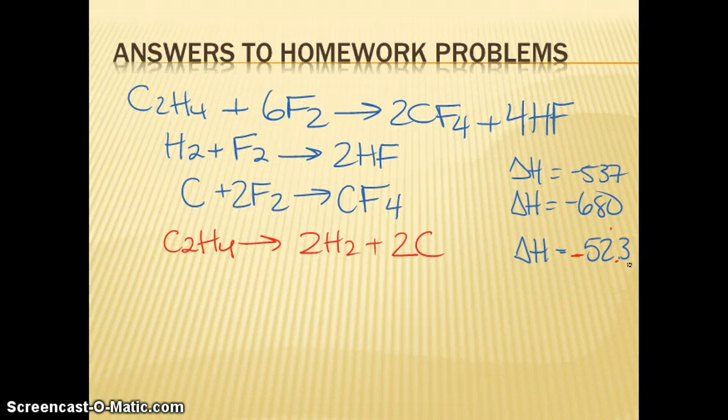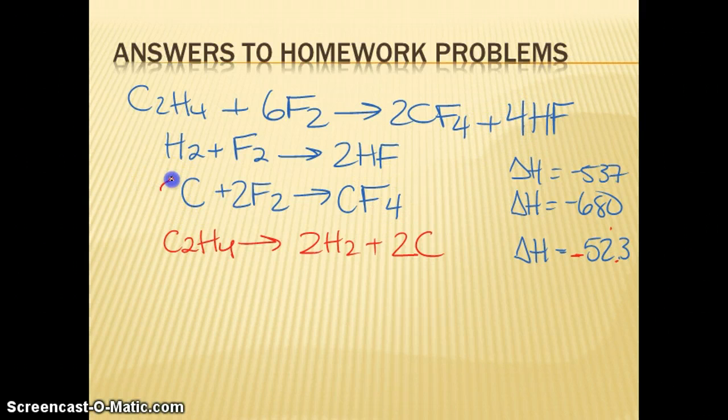Then we look at our other reactions. Let's see here. We need CF4 on the right. CF4 is on the right here, so that's okay. We need HF to be on the right. HF is on the right here, so that's okay. But if we look at our coefficients, I need 2 CF4s and I need 4 HFs, which means I need